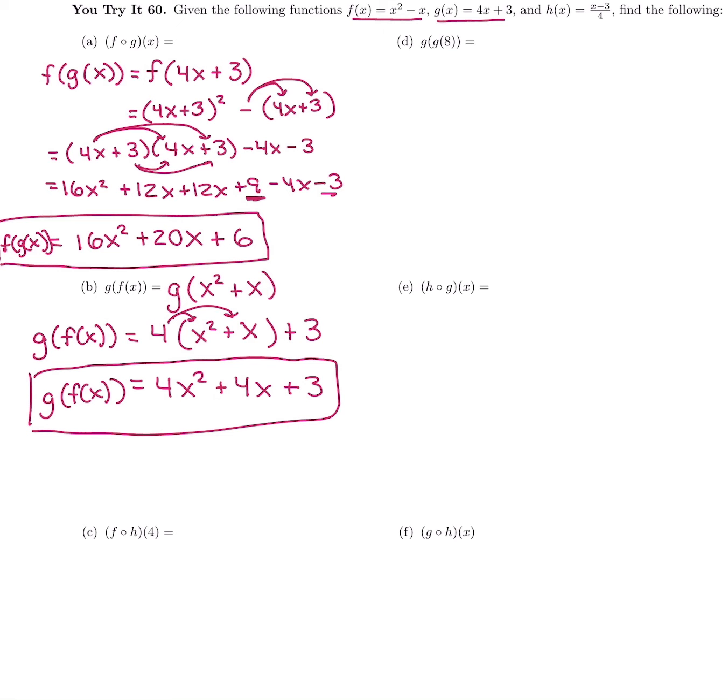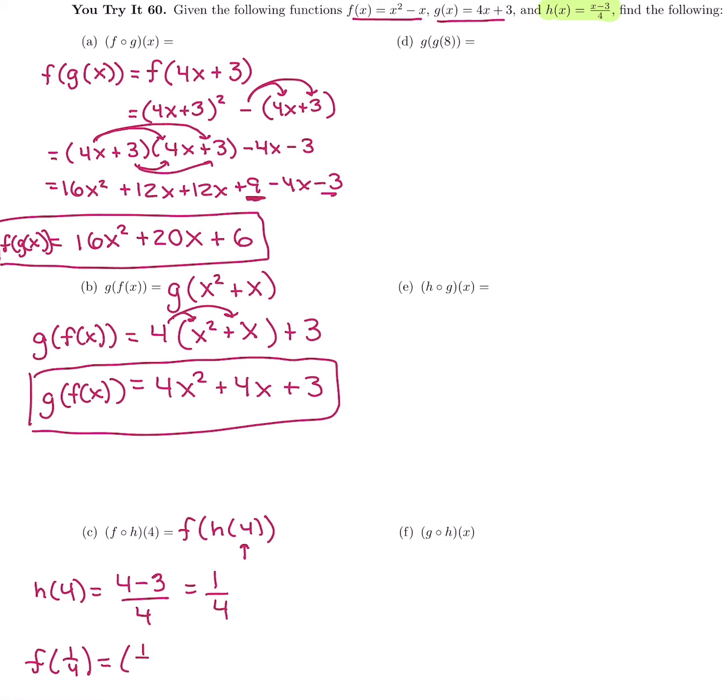The next one down, I have f of h of 4. So I can write this as f of h of 4, which means I first need to figure out what h of 4 is. So I need to look at the h function for the first time. H of x is x minus 3 over 4. So I need to figure out what h of 4 is first. And it's going to be 4 minus 3 over 4, which gives me 1/4. So really I'm doing f of 1/4,